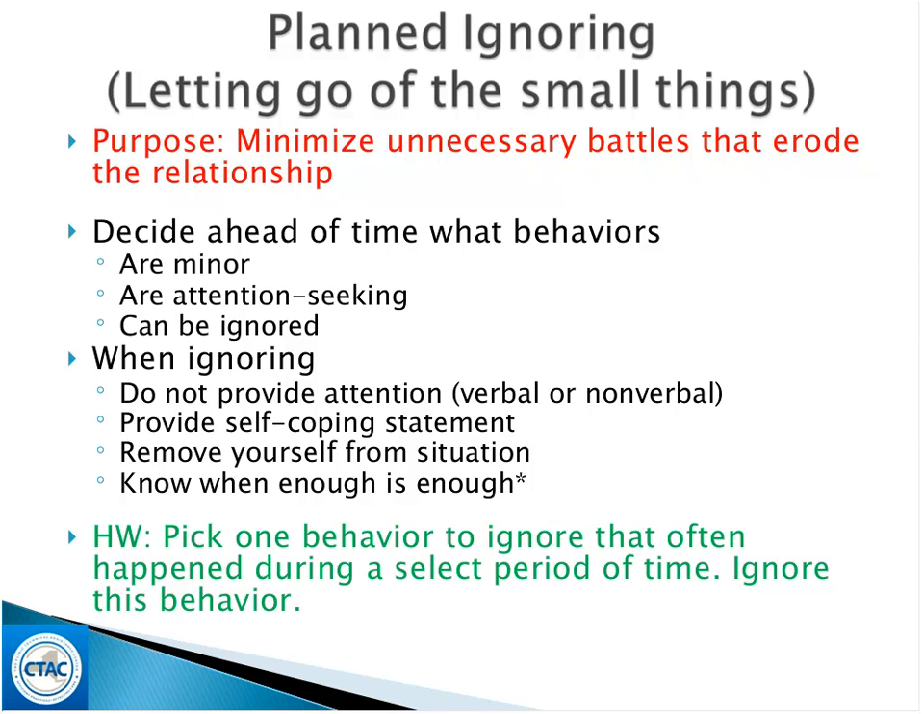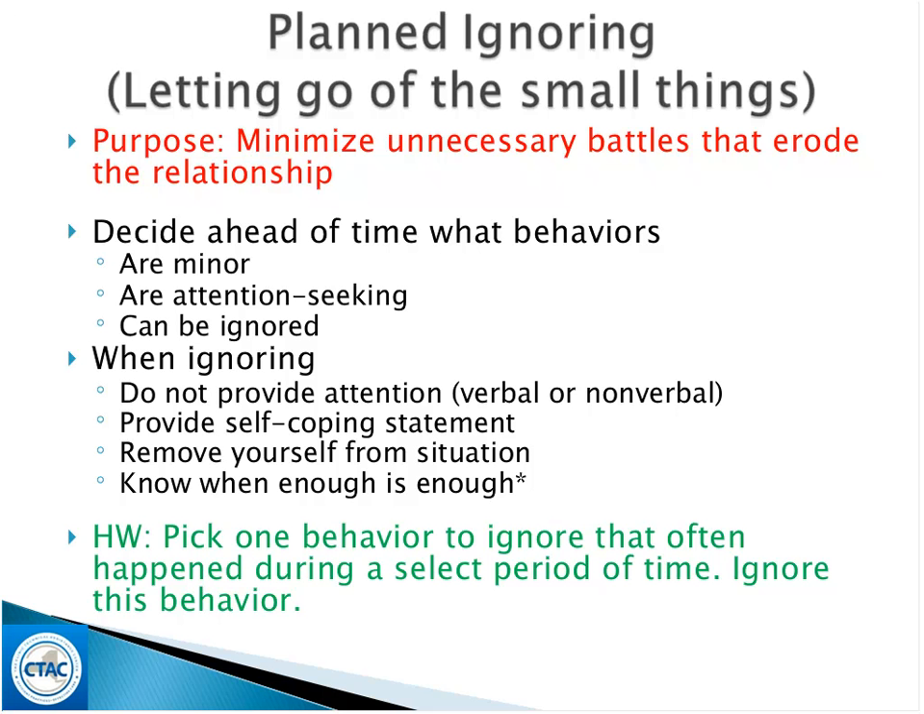So when we pick a behavior to use planned ignoring, we want to decide ahead of time what those behaviors are. They have to be minor, so they can't be major problems. You don't want to ignore major problems. They should be attention seeking. They should be things that can be ignored. And when you work with a parent around ignoring, you want to work with them around making sure that they do not provide any attention, verbal or nonverbal,